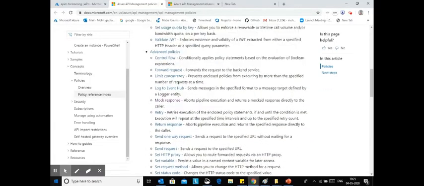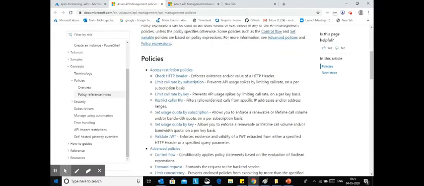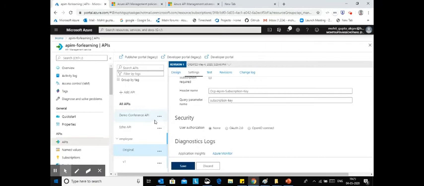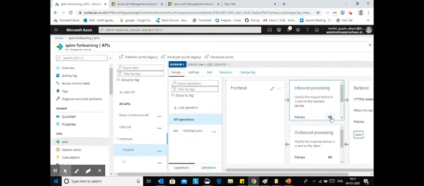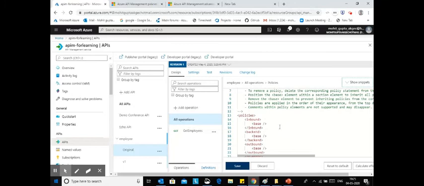Let's try to implement one policy, that is restrict caller IP. I have one API, the employee API, and I want to restrict it to a specific IP address. So here is the employee API, and in the settings, in the design, I can go and add one.